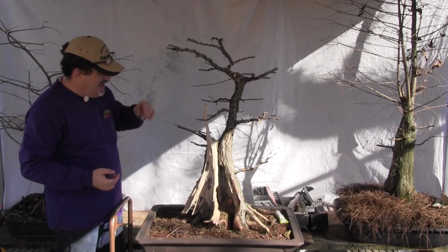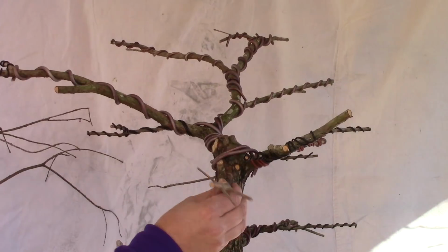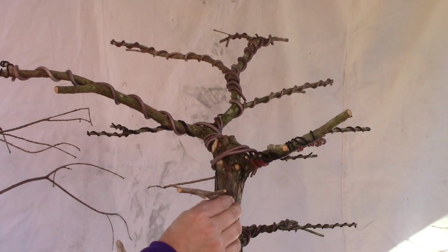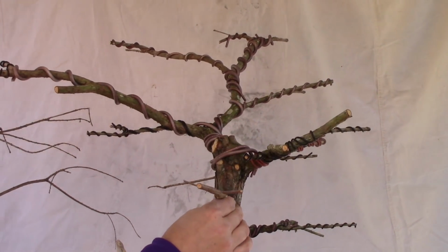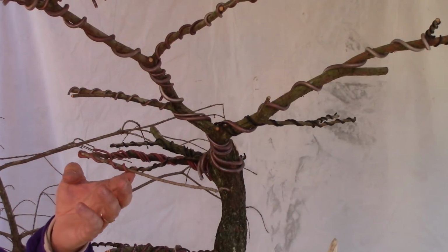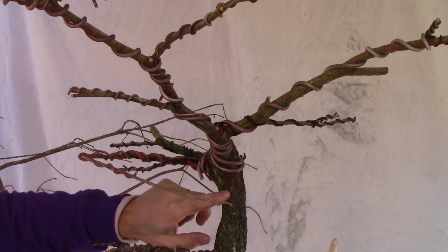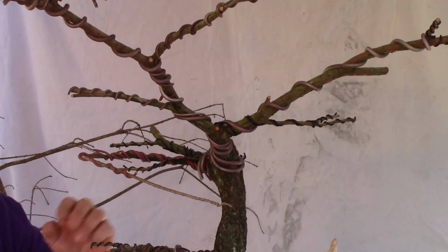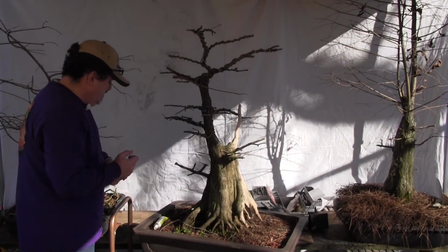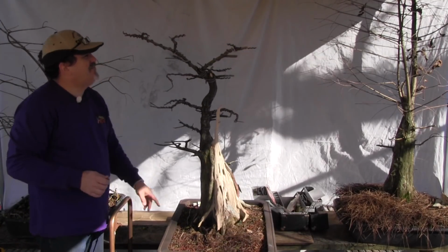The two questions I had are, do I want a branch here? Turns out the answer is, well, of course you do. So I had this branch here that is the feeder branch for which I will be doing a thread graft today. The second question had to do, in my head, I don't know if I mentioned it out loud in